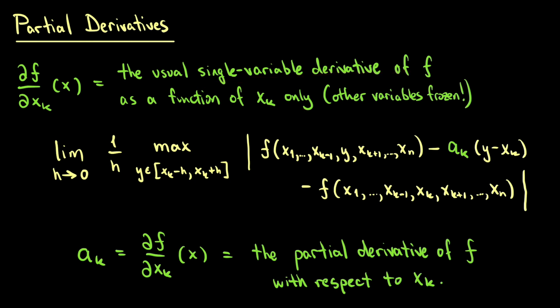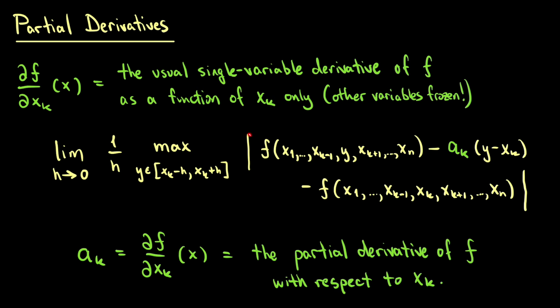Okay, so if you wanted to write it down, you would see that you have, again, limit h goes to 0 of 1 divided by h, and here you're taking the maximum over y in this interval. So now y is just a real number in this interval from xk minus h to xk plus h. That's the ball centered at xk of radius h in only one dimension. It's just an interval. I could make it open or closed. It doesn't really matter. If I write max, I guess I should have all of these sets closed. But in any case,